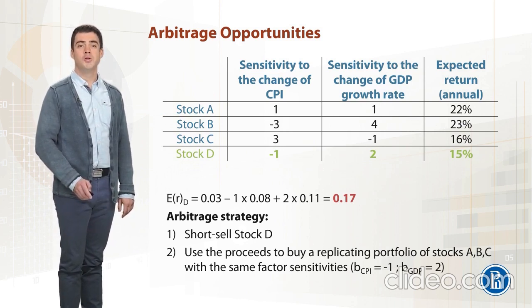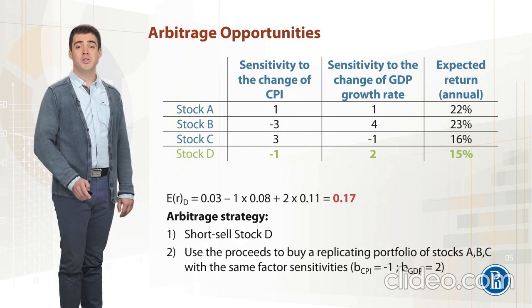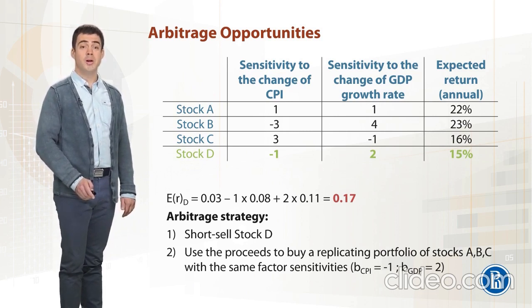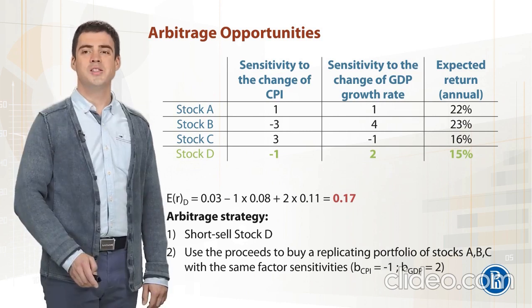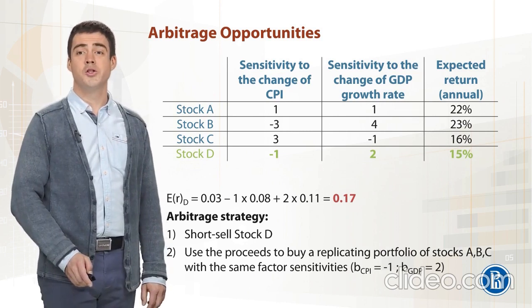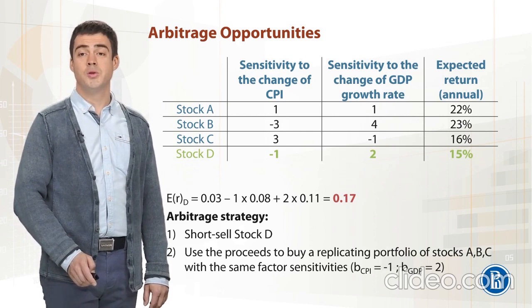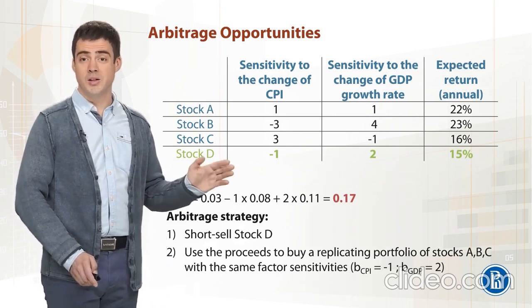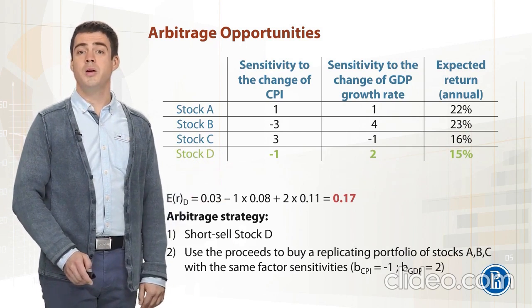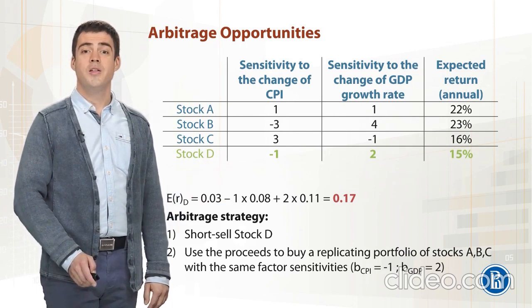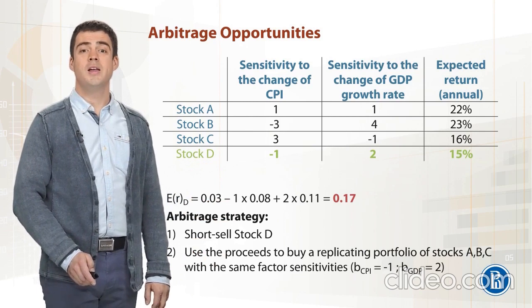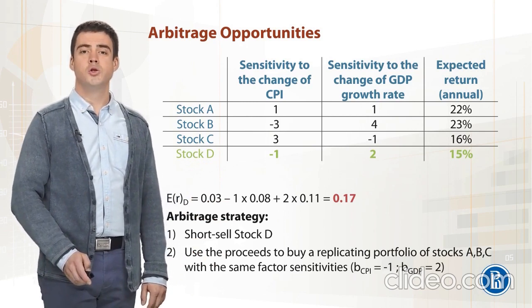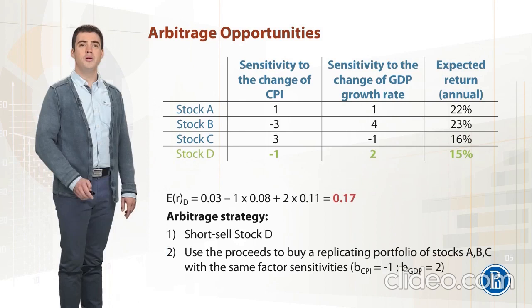However, its actual return is other than 17%, which creates the potential arbitrage strategy. As we can see, stock D currently shows a lower expected return compared to its theoretical return predicted by the model, so it's likely to be overpriced. That's why, in order to create an arbitrage strategy, we need to short sell stock D and use the proceeds